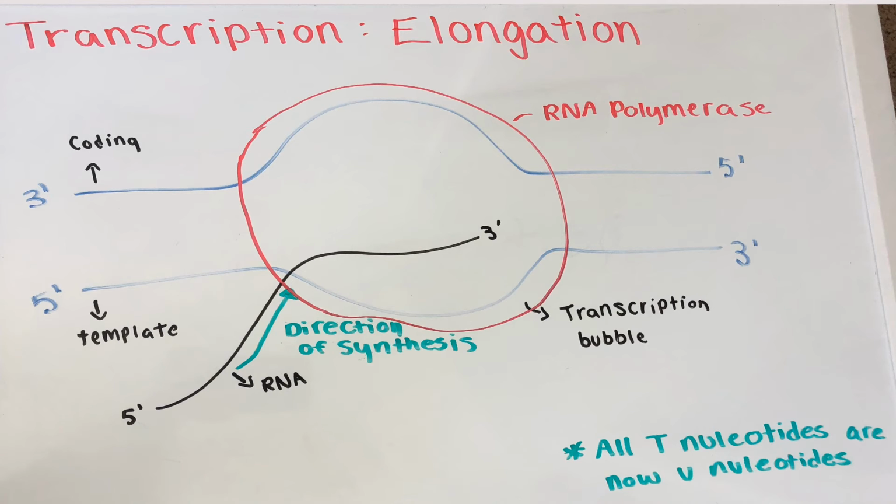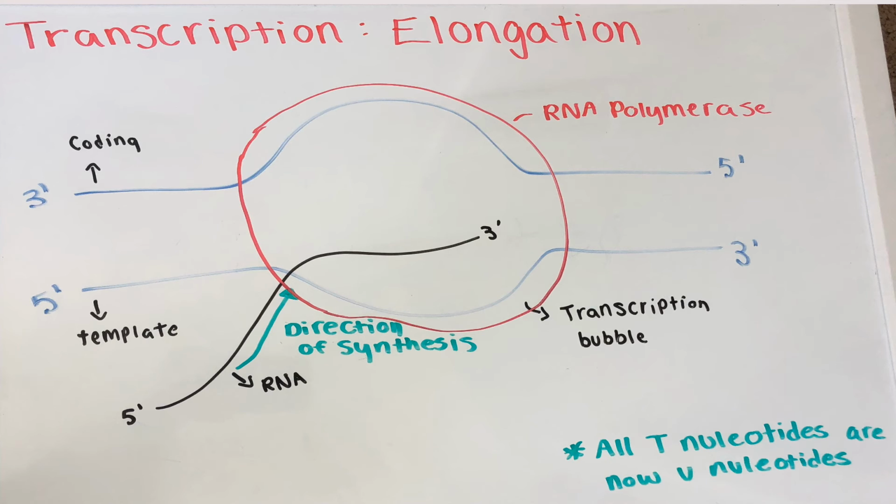RNA polymerase runs along the template strand and leaves the unwanted DNA strand behind. To start elongation, the RNA polymerase enzyme proceeds along the DNA template strand in the 5' to 3' direction, which is where the RNA attaches. Then the transcription bubble reads one base at a time and adds the rNTPs, which synthesize the RNA, and two phosphate groups are cleaved from the incoming rNTP, as the nucleotide is added from the phosphodiester bonds.